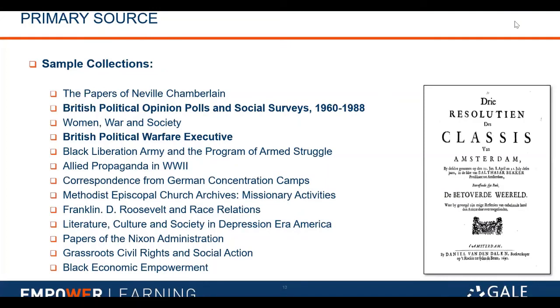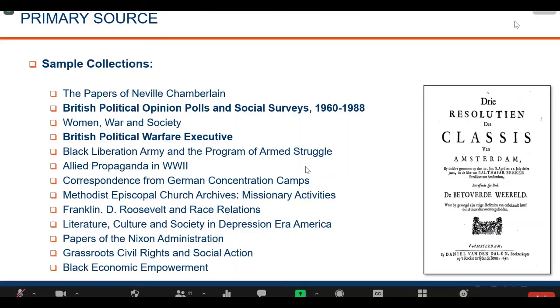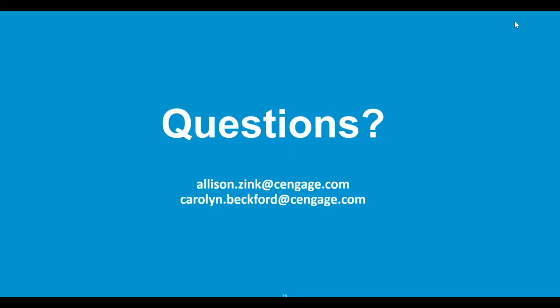And then with the archives, we're up to almost 400 in Archives Unbound, and this is just a small sampling. You can see it spreads across quite a lot of areas and history, but also economic empowerment. It looks at race relations. It also looks at religion and politics. And there are some new British relevant archives. So if your students are studying anything British history or European history, there are some new archives collections within that might be of interest to them. So a variety of content. Just wanted to give you some specifics just so you can see what's there and you'll be even more